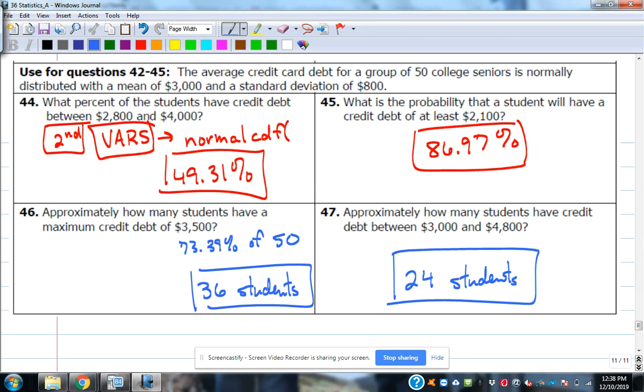That's a lot. Think about it. Graduating from college, you have nothing, and you're looking for your first job, and you're already in the hole between $3,000 and $4,800. That's a lot. All right, so I know that isn't the best of